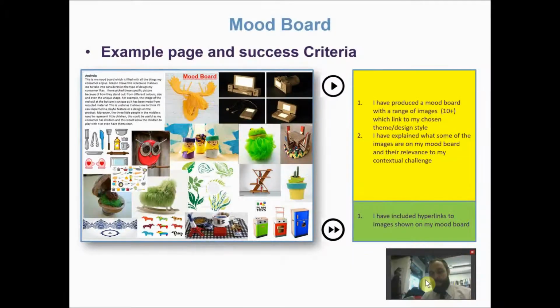In this session I'll be talking about mood boards. Mood boards are effectively used by designers for a few reasons. One is to clarify their ideas. After being given a design brief, it's very likely they're going to be trying to push their design into a certain style or to meet a certain context. So it's useful to look at various images to get the feel, the emotional responses, the design style,